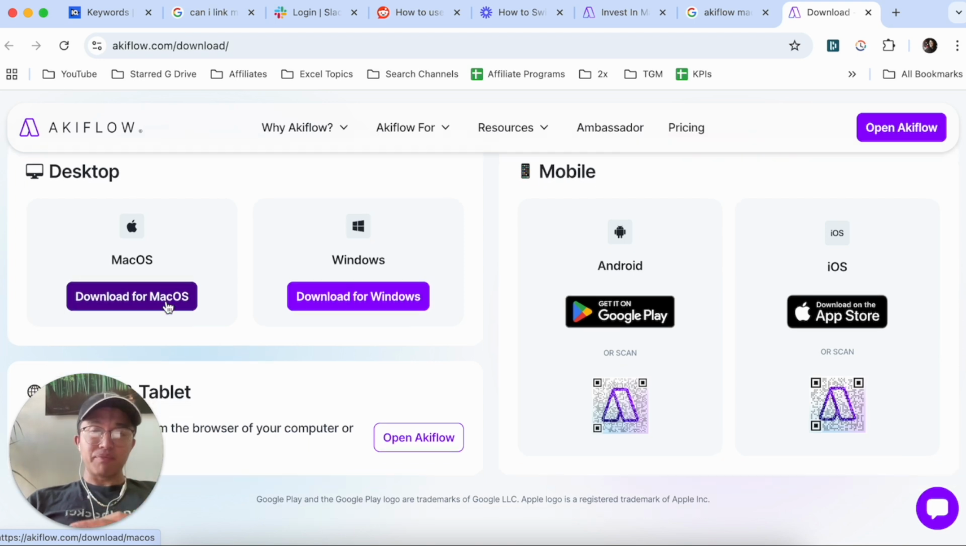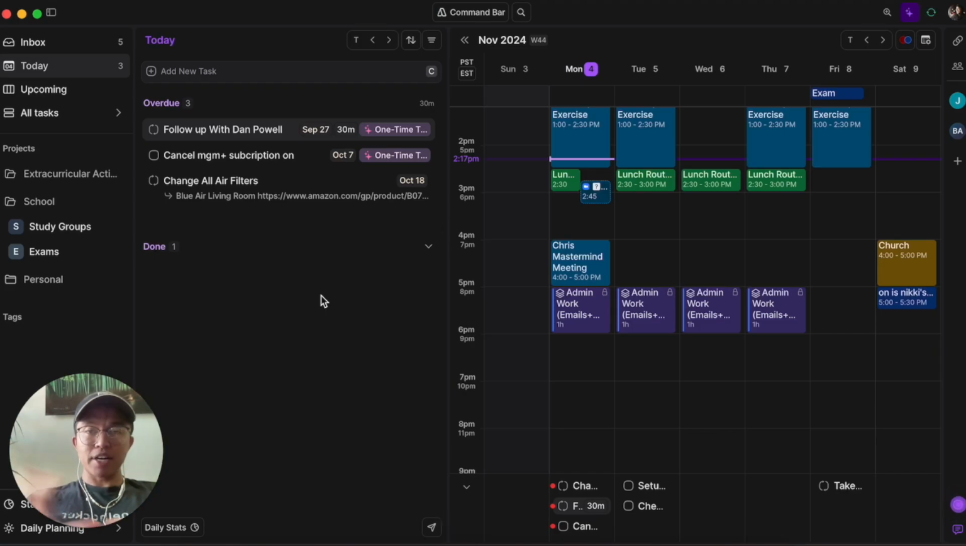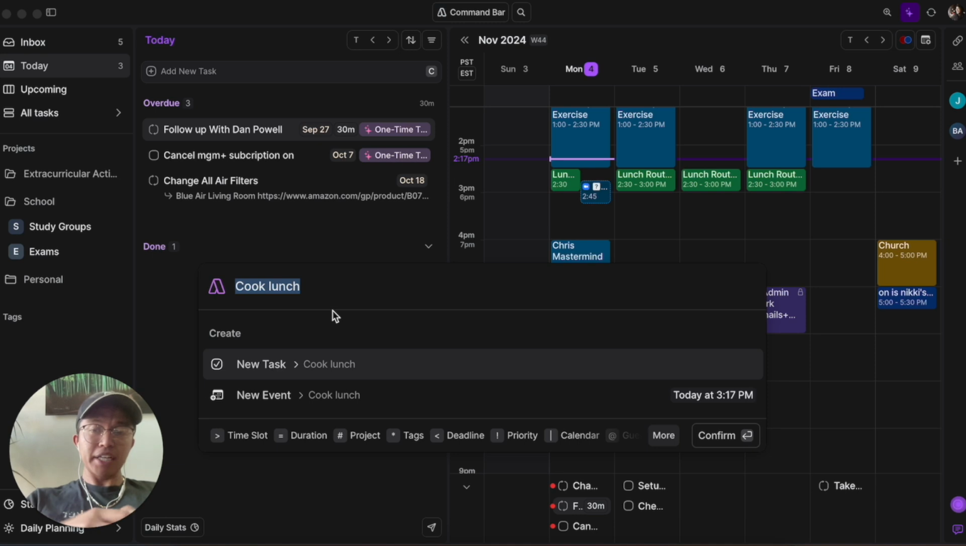So this right here is the best and easiest way that I found to actually go ahead and download Akiflow for Mac or iOS. And this is what it looks like. So this is the entire application of Akiflow, and what I really love about it are the system hotkeys. So if I click on Option Spacebar, I can instantly add a task and I can instantly add a new